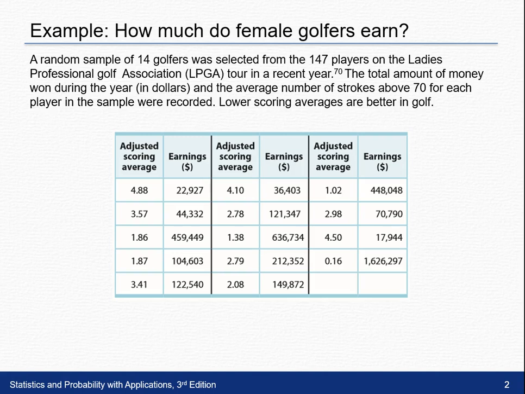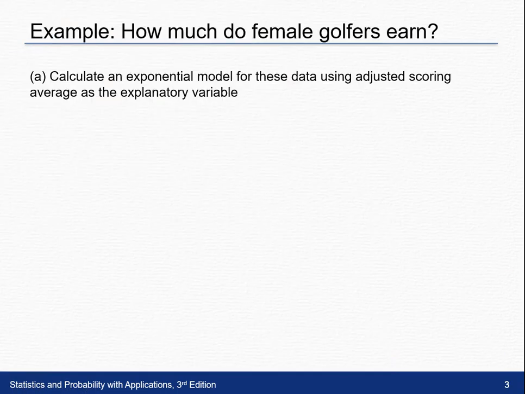The total amount of money won during each year in dollars and the average number of strokes above 70 for each player in the sample was recorded. Lower scoring averages are better in golf. So you can see that we have a list of each of the 14 golfers with their adjusted score and their earnings. In Part A, we're asked to calculate an exponential model for these data using adjusted scoring average as